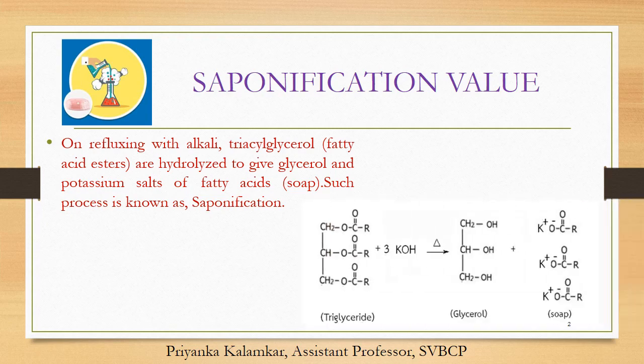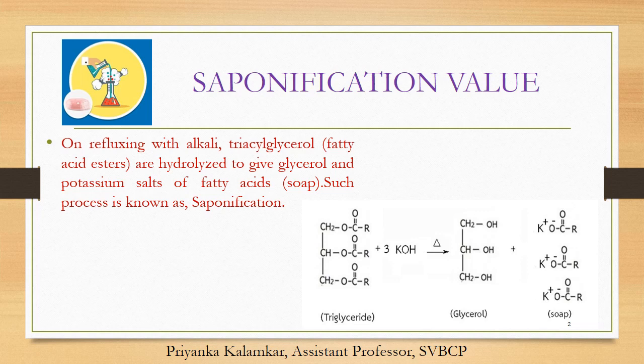So this is a reaction for saponification where you can see the triglyceride molecule of the fat or oil when it reacts with KOH. So for every fatty acid chain you need one molecule of KOH. In the triglyceride molecule, you have the glycerol moiety and three fatty acid chains attached to it. So for each fatty acid you need one molecule of KOH. In all, for one triglyceride you need 3 moles or 3 molecules of KOH.